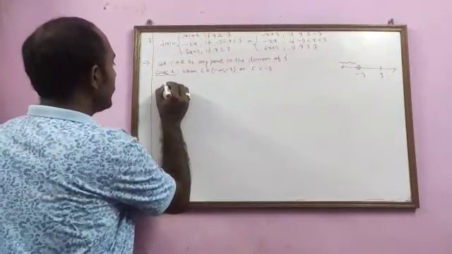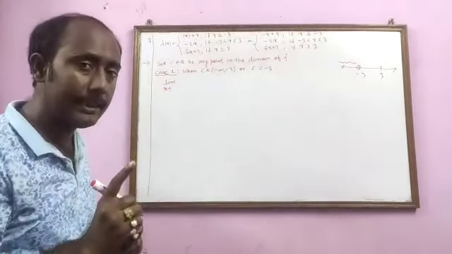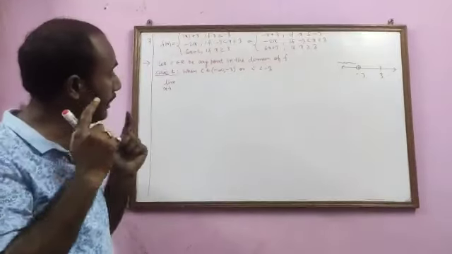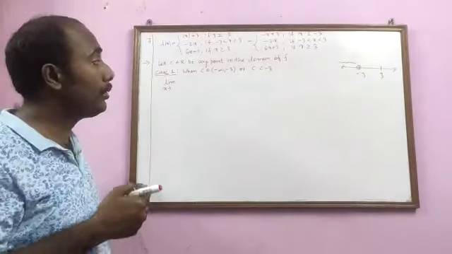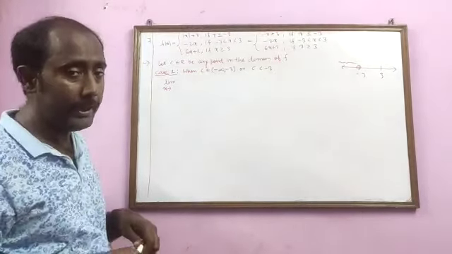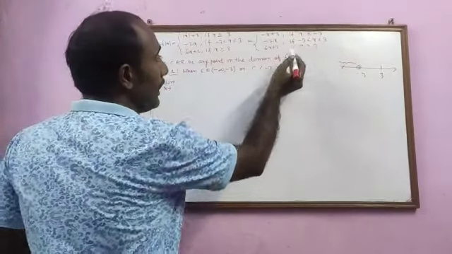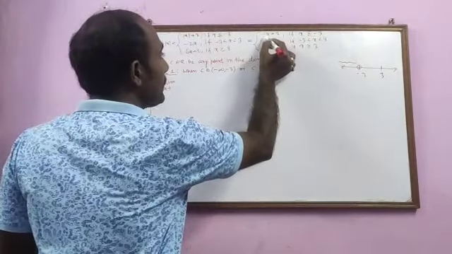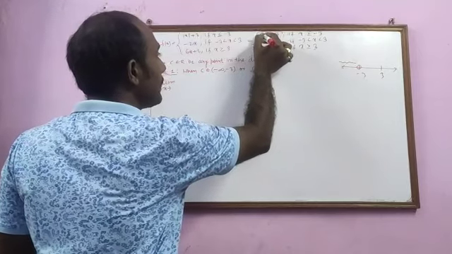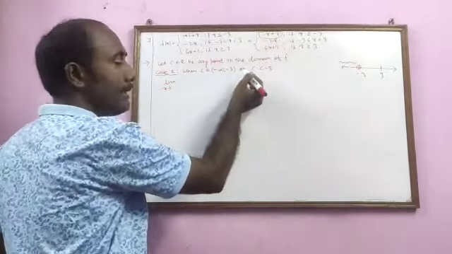So in this case, limit x tends to c. Now the second thing which we have to keep in mind: do we need to go for left hand limit and right hand limit? The answer is no. Why? Because when we are talking about any point less than minus 3, the expression is going to be this one. The expression will not switch from this to this for any point less than minus 3.